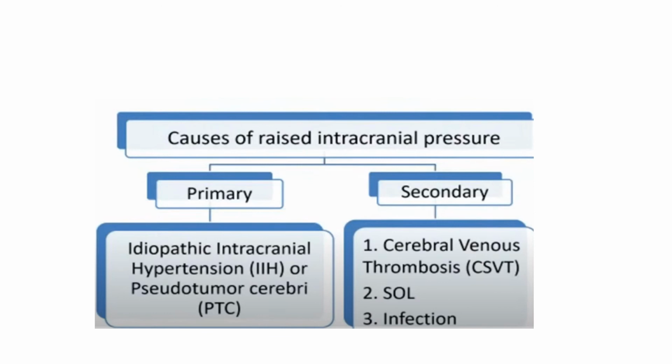Now how do we classify the causes of raised intracranial pressure? It can be classified in several ways. One of the classification systems is primary and secondary. The primary raised intracranial pressure is also called pseudotumor cerebri, and there are so many causes for secondary raised intracranial pressure, like tumor, trauma, hemorrhage, venous thrombosis, infection,